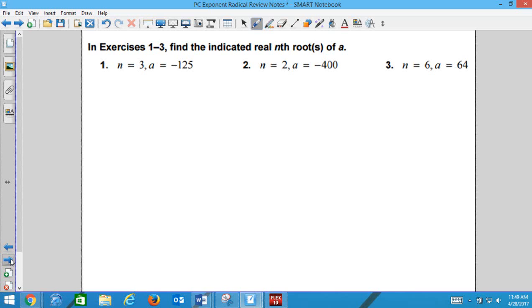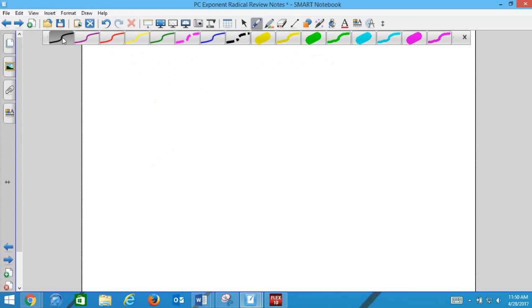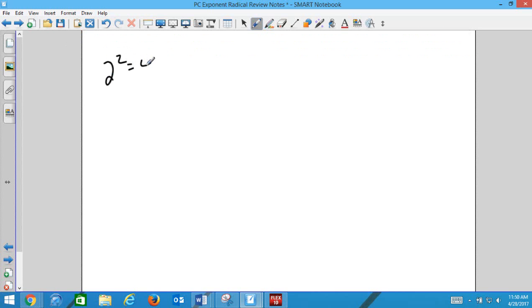So where it says n is 3, that's saying please just take the third root of negative 125. So what to the third power is negative 125? Negative 5. Do we know these numbers? Maybe, maybe not. Let's make a quick list. If you don't know that 5 to the third is 125, you might want to jot down some numbers. 2 squared, or 2 to the third, 2 to the fourth,